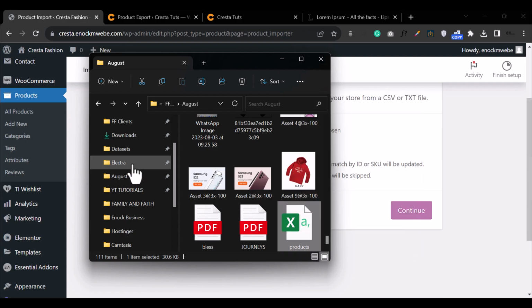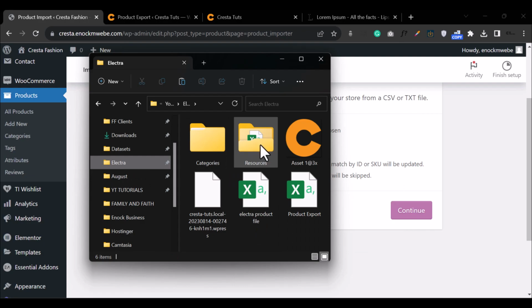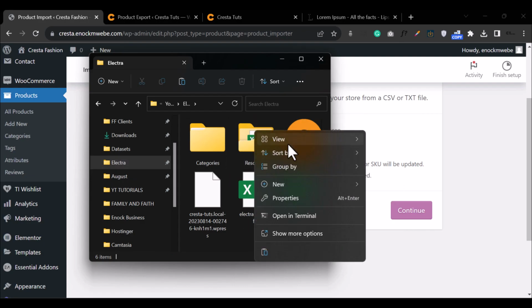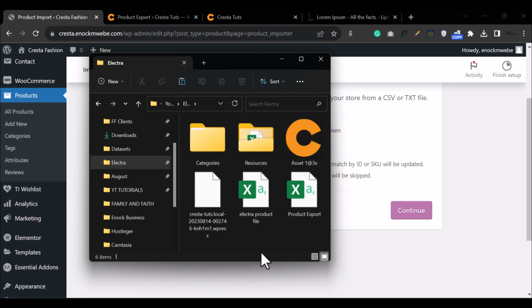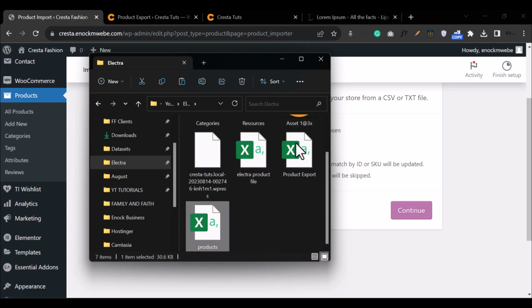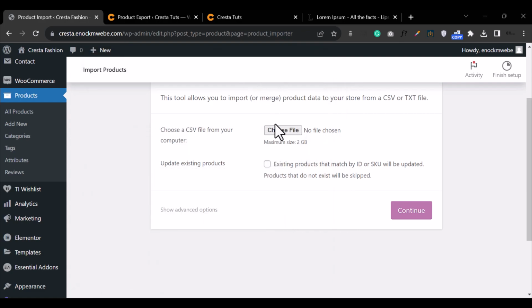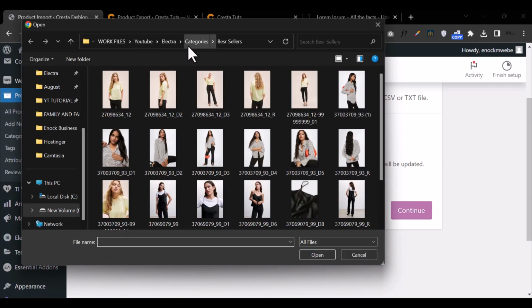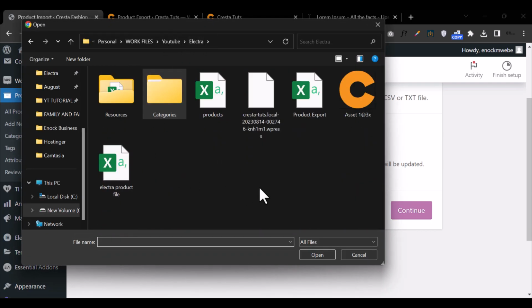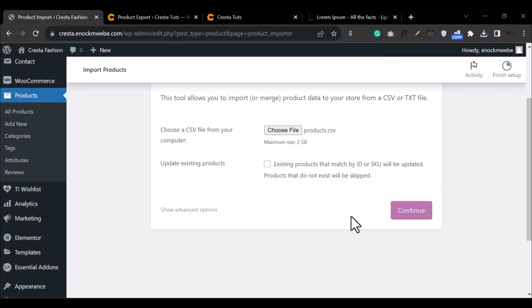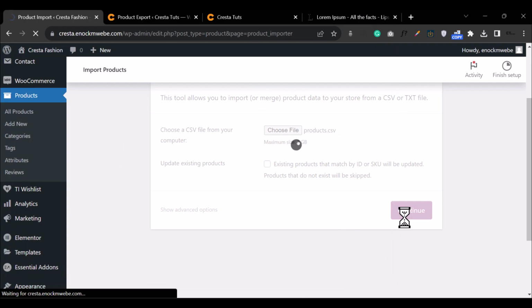Let me copy it and I'll just paste it right here. So I'm gonna link this product file for you guys if you wanna use it. So I'm gonna go back to choose and I'm gonna find it right here, and yes, so I'm gonna click continue,